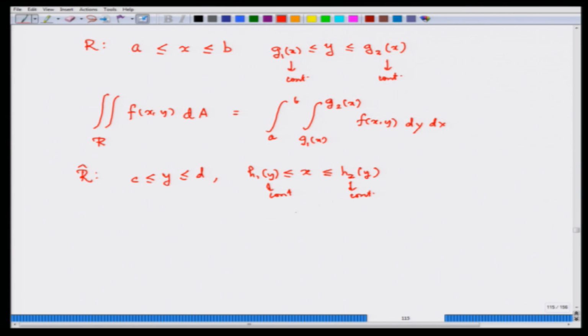This result is also due to Fubini. Fubini was an Italian mathematician; he gave these results in 1907. It is a very pretty old game, as you see. So,